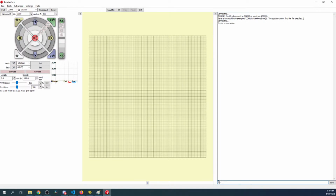So the next thing we can do is do an M119 to see if all the steppers are unclicked or triggered in this case because nothing's connected. So we know that it works. I think there's an M205, might be 502. Apparently that doesn't work, so M500,